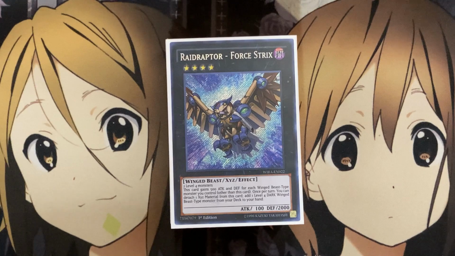I want to update the Raidraptor deck after doing the update to the Black Wings. I was just in a Wing Beast type of mood for deck profiles. This is one of my favorite decks from the Arc 5 series, just focusing on a bunch of different rank up summons and using Exceed summons in general to have a pretty big board of different Raidraptor monsters, and also being able to utilize all the many different support cards we got from the deck up to the Phantom